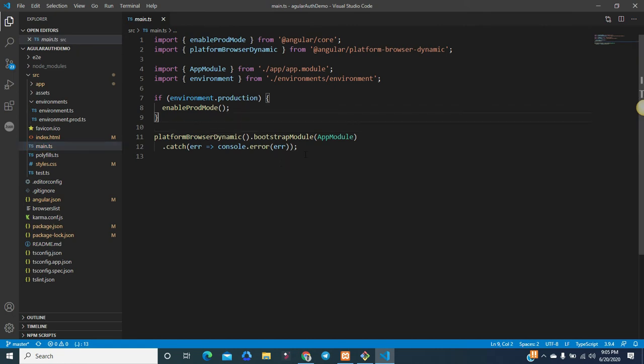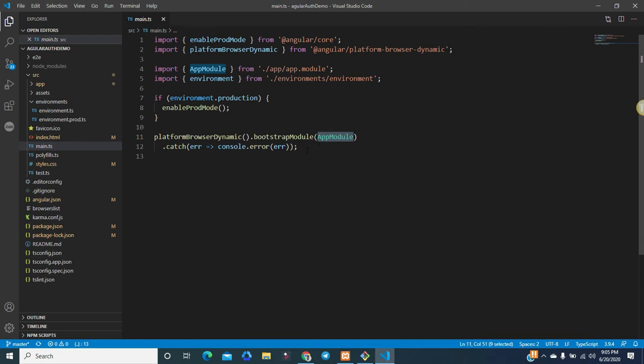This main.ts decides the first Angular module that should be bootstrapped once the page loads. So by default the Angular application will load or bootstrap the app module. If you want to bootstrap another module, then you need to provide its name here. But actually Angular says that you need to follow this type of naming convention, which will be very easy.